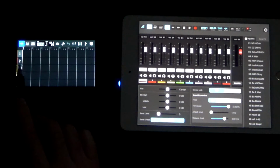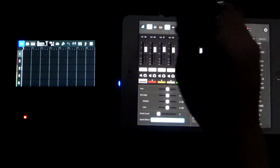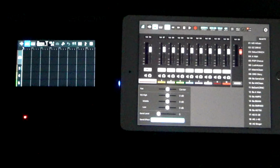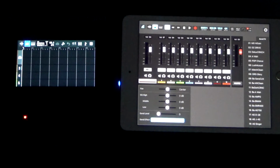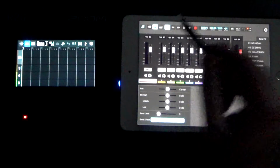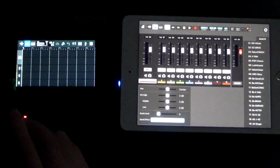It'll turn it into a stereo track where you can now load in the preloaded drum loops that are available on the R20. So I'll touch that up here, and you can see how it flips on the screen over there for tracks 1 and 2. If I switch it to the piano icon over on the iPad app, it will now change this back to